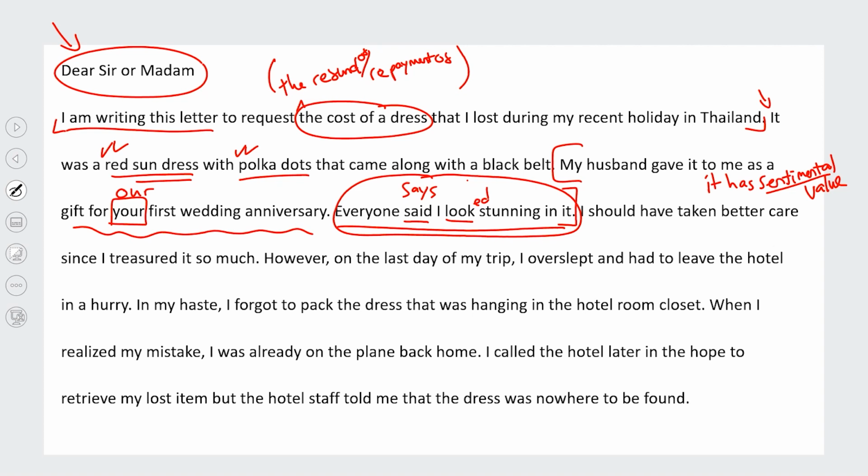It was a dress my husband had given to me as a gift for our first wedding anniversary, and therefore has high sentimental value to me. It was bought as a Christian Dior original, and I still retain the original packaging and receipt if needed. And it's a one-of-a-kind personalized dress that cannot be replaced. Then you're giving me some information about the item rather than a literal description, because telling me it's a red sundress with polka dots, it's good English, but in the context of this letter, not strictly relevant to travel insurance,